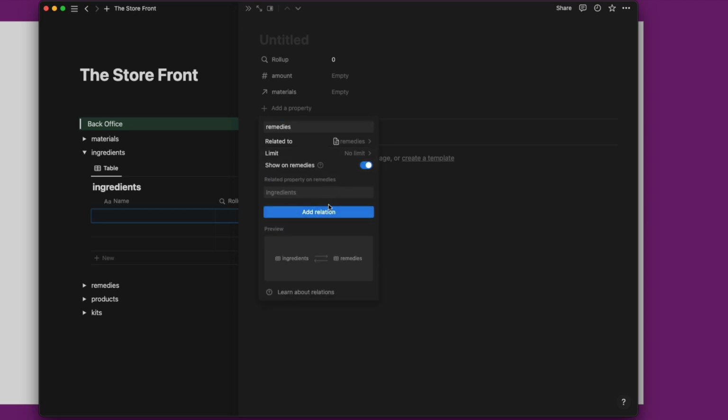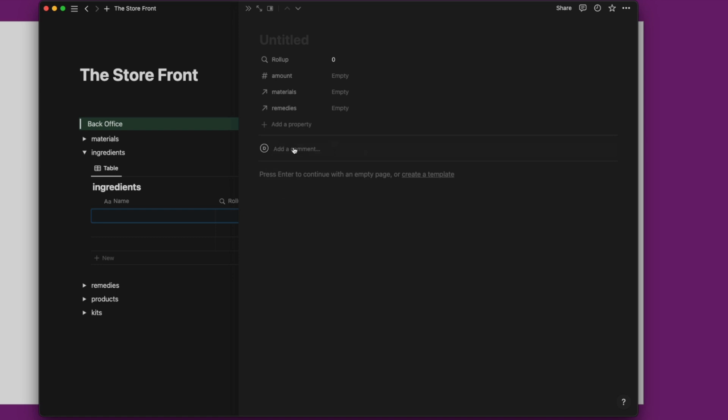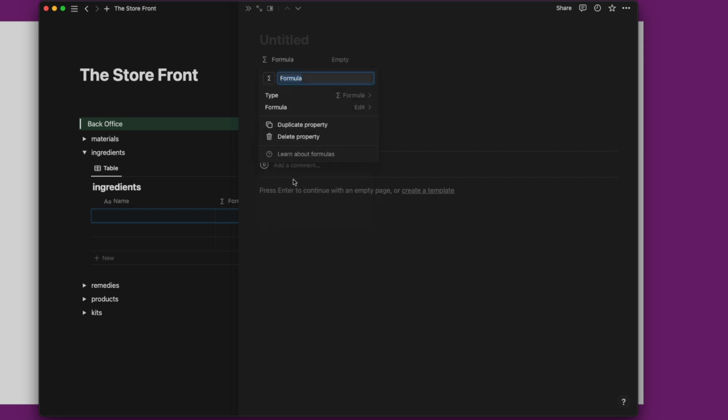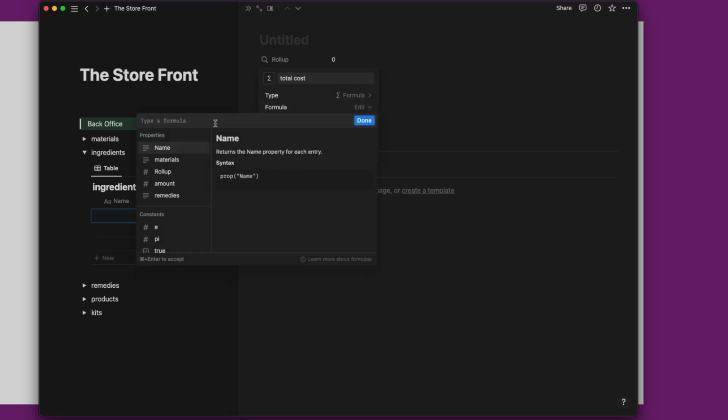And you'll see that in a minute, because we're likely not going to add the ingredients directly into the ingredients table. We're going to add them within the remedies table, and we want to be able to filter on the remedy that we're working on. And then finally, we're going to do a formula, which is going to be the total cost. And that's simply going to be the